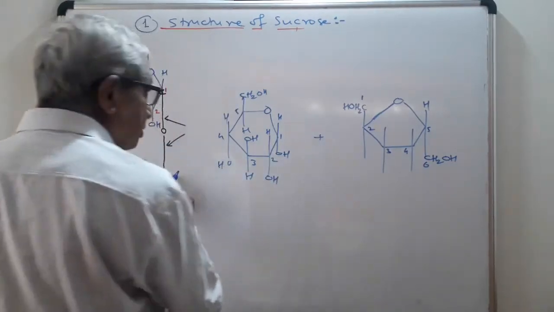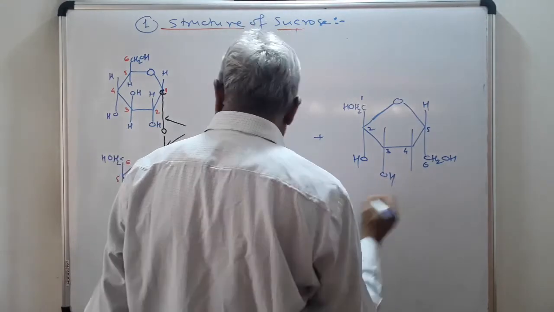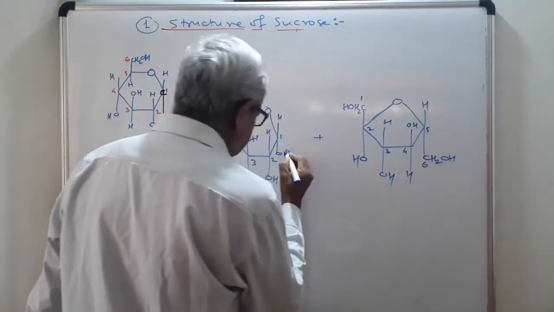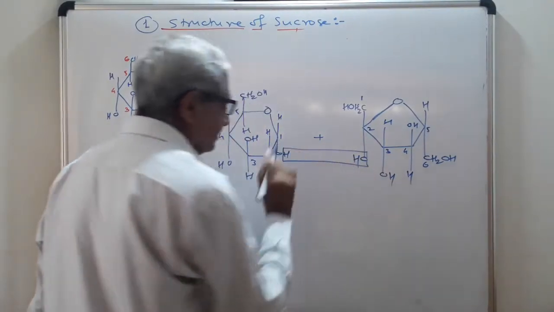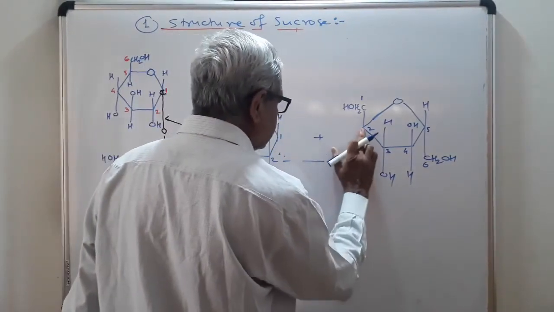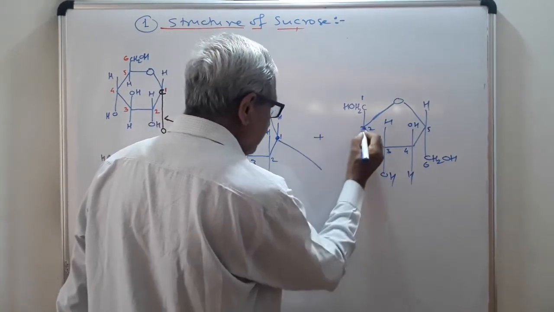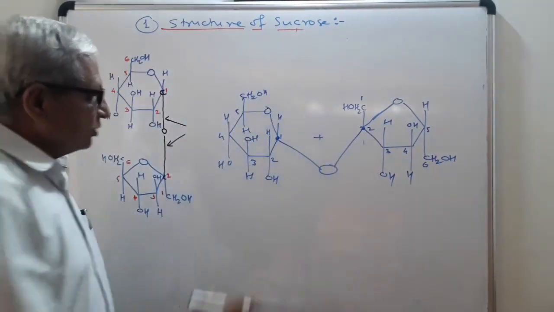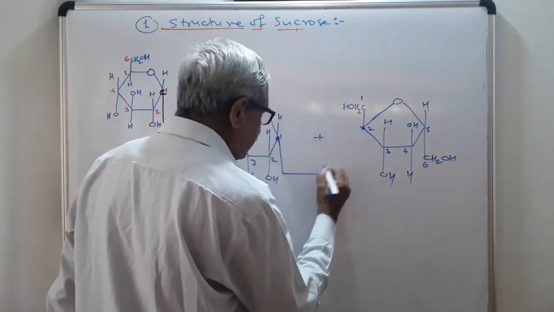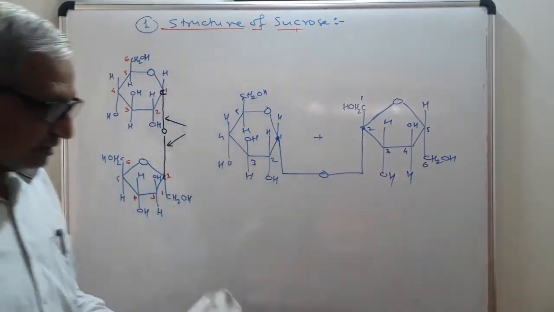Now see, the carbon number 2 OH group is here. Carbon number 3 OH group is here. H, OH, H. Now we can easily remove the water molecule here, and that will form the glycosidic linkage. You can represent this glycosidic linkage in this way between C1 and C2. This is your C1, this is your C2. You can also represent it another way. In some textbooks, this is given in this way. So this structure and this structure are the same.